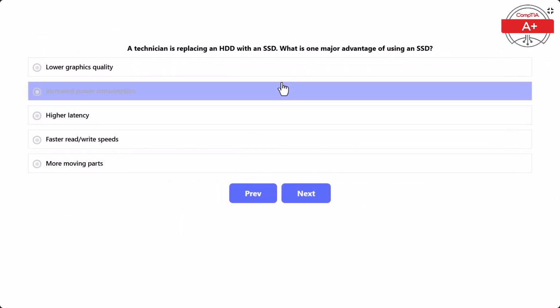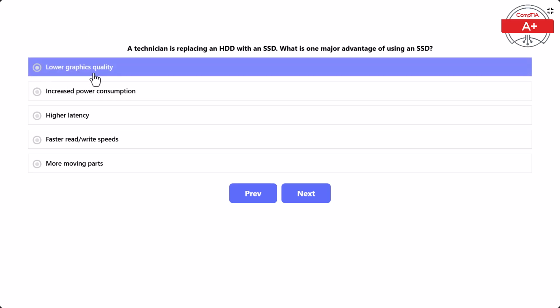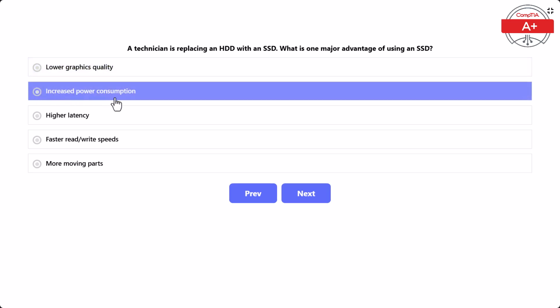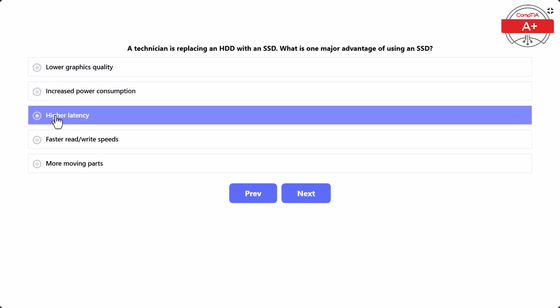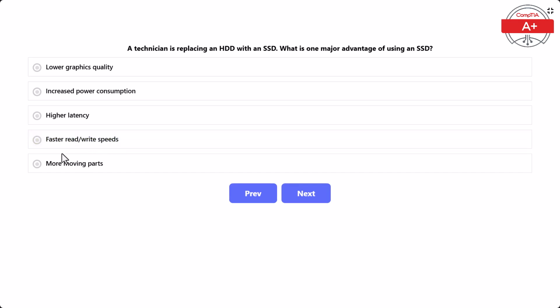Next question, a technician is replacing an HDD with an SSD, so hard disk drive with solid state drive. What is one major advantage of using SSD? Lower graphics quality, increased power consumption, higher latency, faster read-write speeds, or more moving parts. And here the correct answer is faster